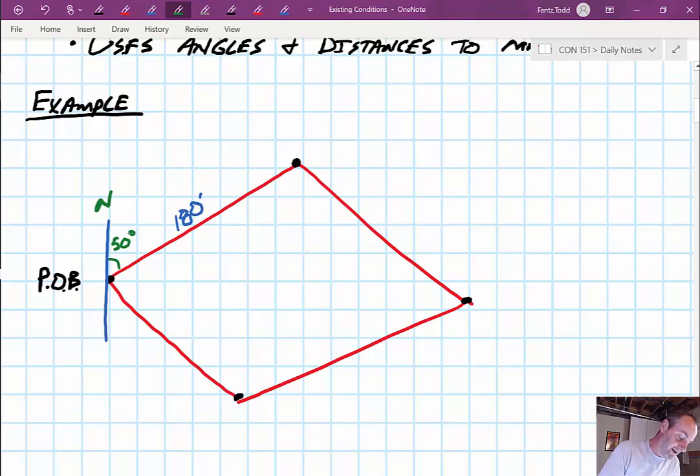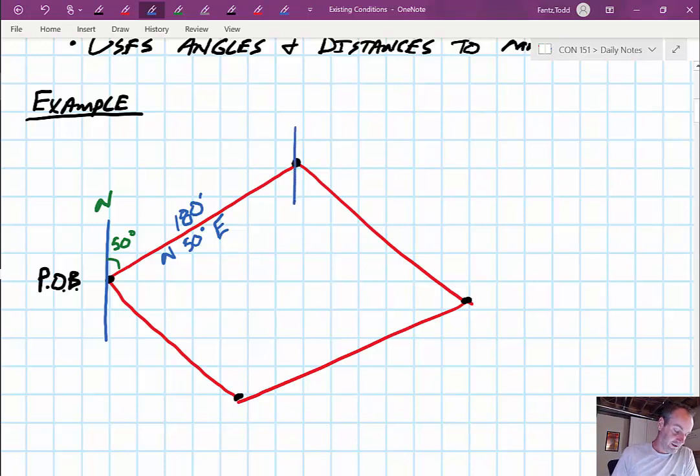If we're going to do that, then the way we would label this on our plot here is we would say we're north 50 degrees east. Basically what that's saying is from north, we want to rotate 50 degrees to the east, and that's the direction we'll be going for 180 feet. And continuing with the same process,